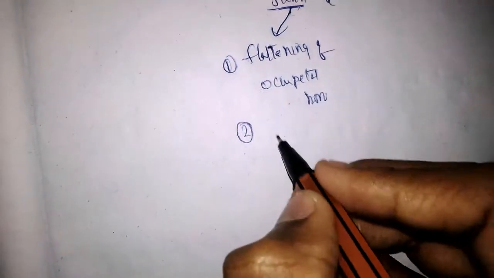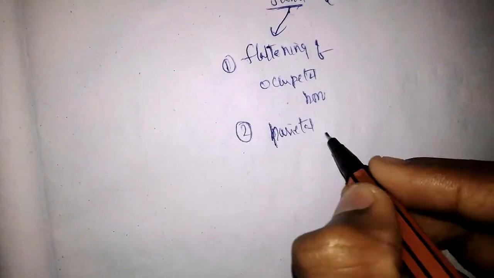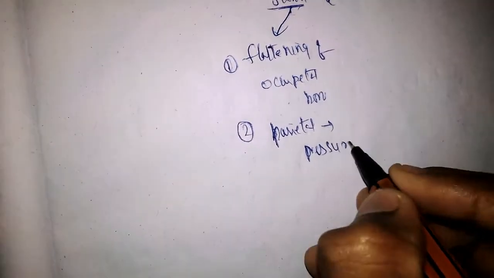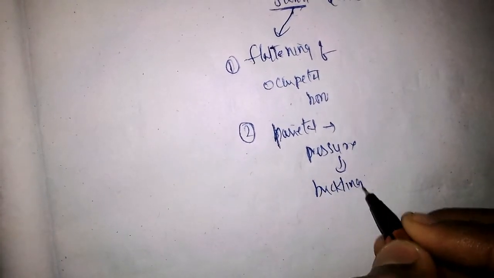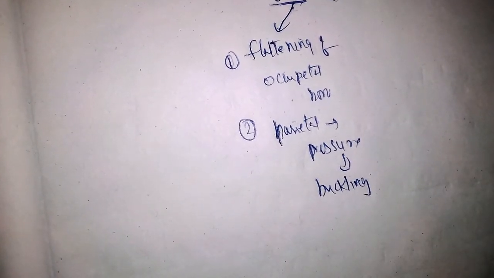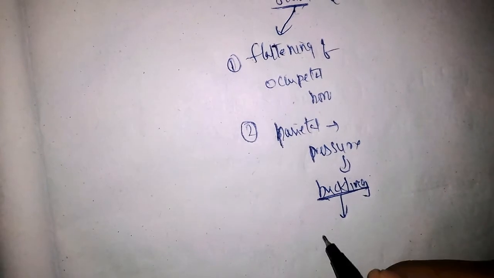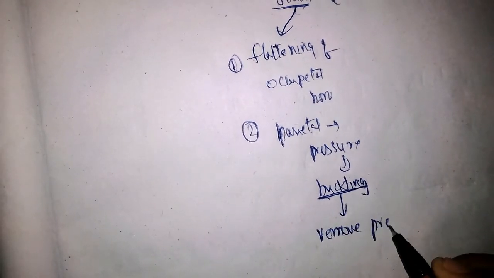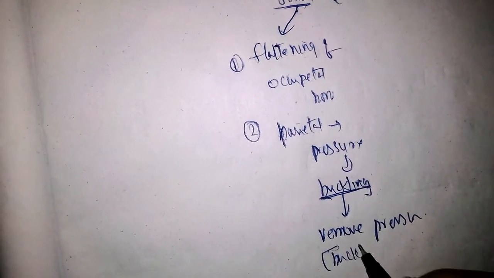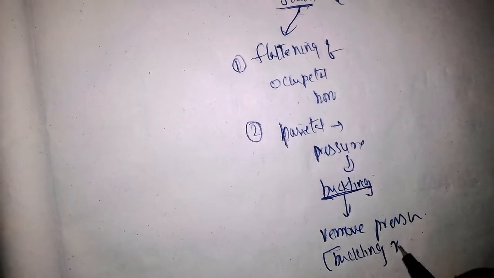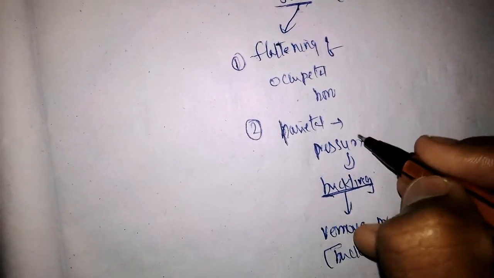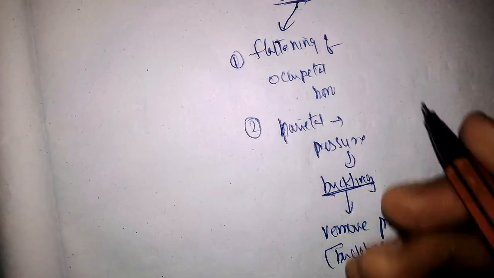And the second one is buckling in the parietal bone. If you give pressure on the parietal bone, there is buckling. Buckling of the parietal bone will take place when we give pressure, and this buckling will be regained to normal position when we remove pressure. That means the bone will come to its normal position, and this property of buckling and regaining its normal position is called